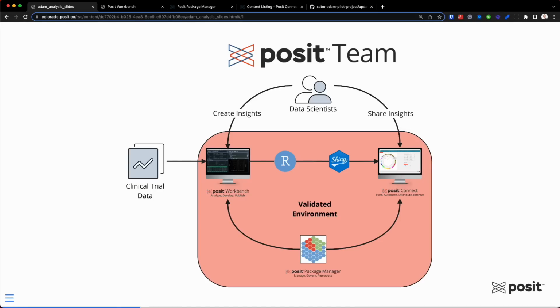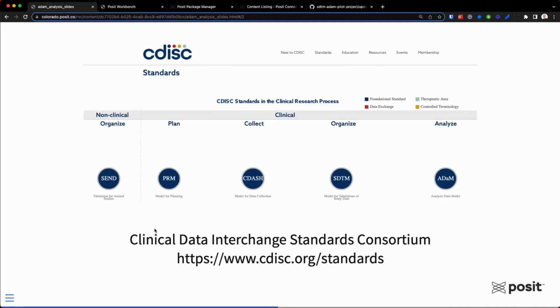Before we actually dive into this workflow, let's take a few moments to talk more about this clinical trial data set. What is it? Where does it come from? As a high-level overview, clinical trials are usually conducted to assess the efficacy of some disease intervention. During the trial, data will be collected, organized, and eventually that data will find itself inside of an analysis-ready data set called an ADaM, or Analysis Data Model dataset. These ADaM datasets are usually what's submitted to various regulatory agencies, such as the Food and Drug Administration, or FDA.